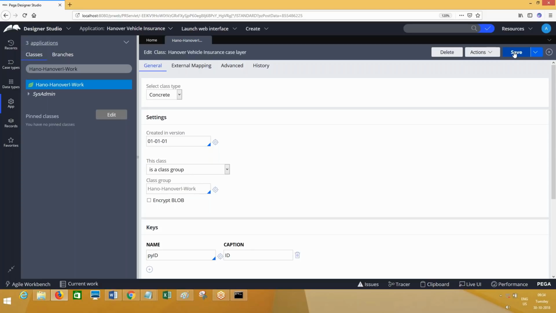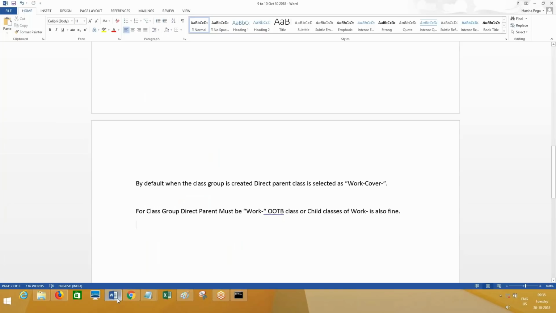This is clear, everyone? So up to this implementation level, let's jump on to framework classes. Everyone clear so far? So simply, pattern inheritance is by class name separated by the hyphen symbol. The classes before the current class are the pattern parent classes in the pattern inheritance. Direct inheritance means if you go to the class rule form, the parent class specified there is the direct parent. This is the direct parent, those are pattern parents. For a class group, mentioning the direct parent, there is a restriction. It must be work dash or a subclass of work dash, because it internally uses work dash components for its transactional processing.